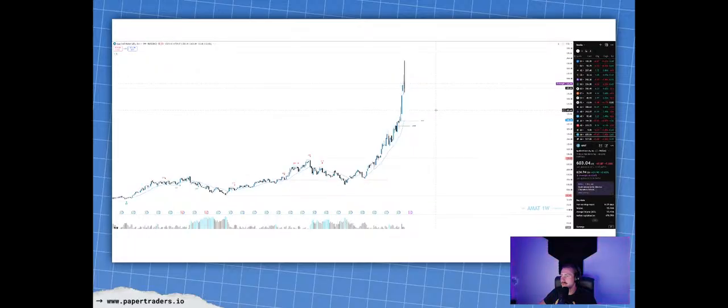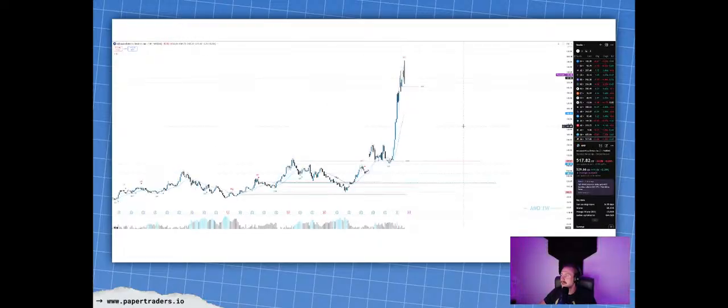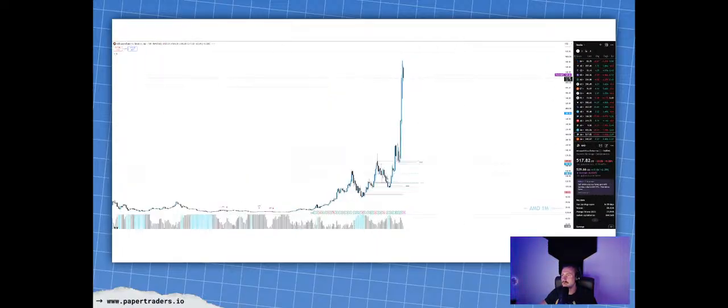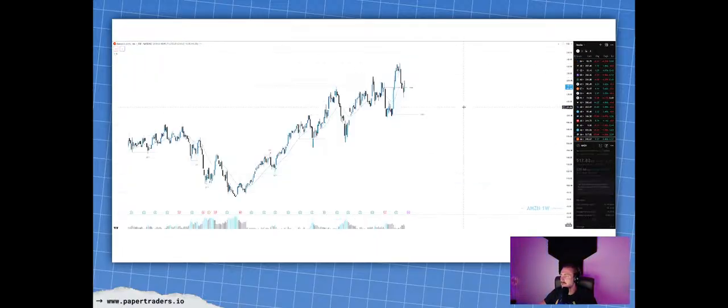AMAT, potential reversal to the downside here if they can hold this. Actually no previous monthly high sweep, so disregard that. AMD, same thing, I believe. No previous monthly high sweep. We're still inside months, so there's potential for us to go outside months on those with sweeps of those previous monthly lows and continuations, reversals.